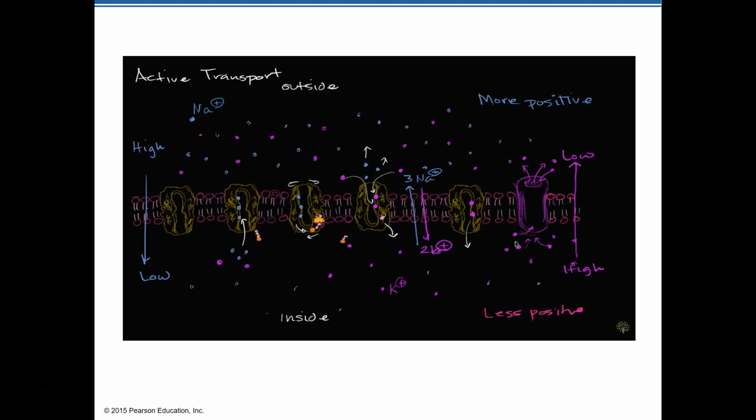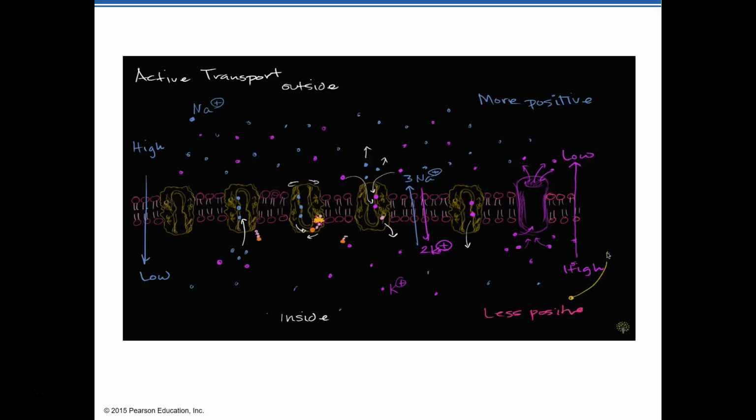And by going through this process, by pumping sodium out at a larger ratio than what you're pumping potassium in, and then further allowing more positive charge to go out, you're establishing what's called the resting membrane potential for a cell. And this is super important for all cells, but especially neuron cells or neurons. And those are going to spend 2/3 of their energy just to keep the resting membrane potential. And as we'll see in the videos on neurons, that's because they keep leveraging that potential to send signals down the neuron. But the resting membrane potential, it's less positive here and more positive there.